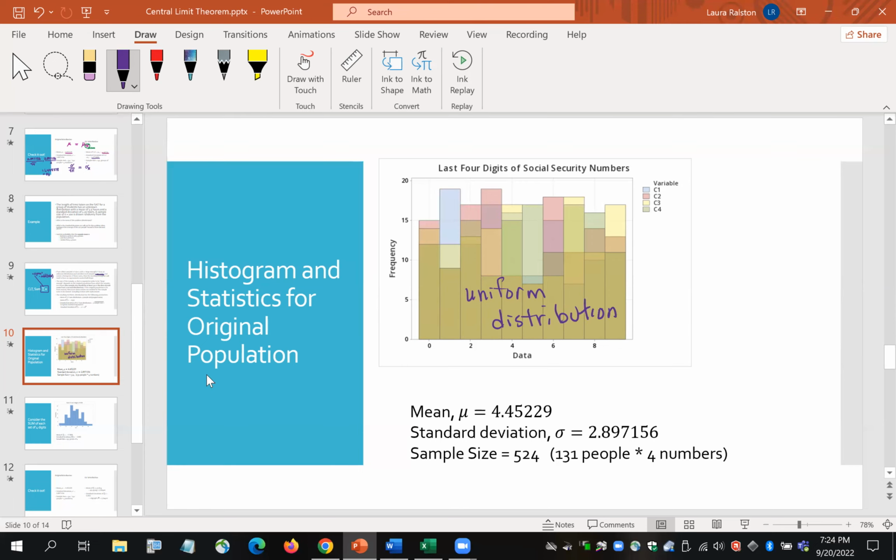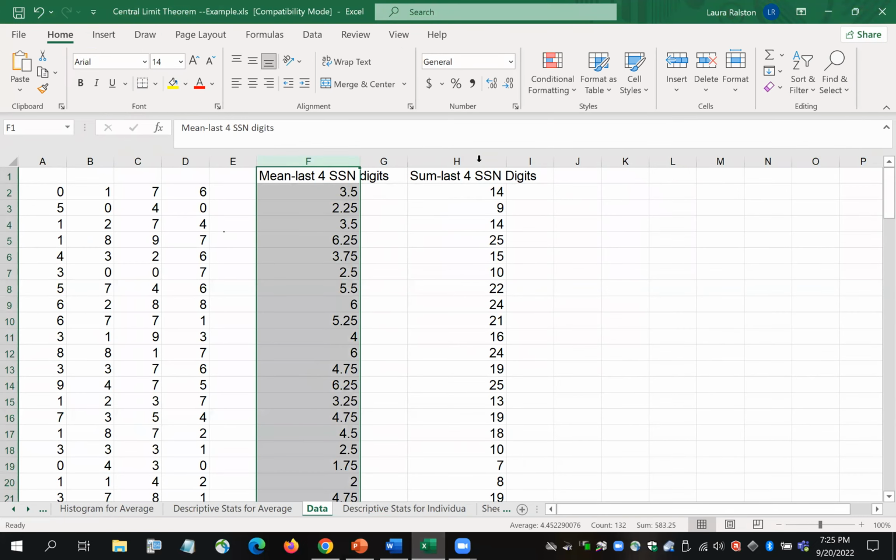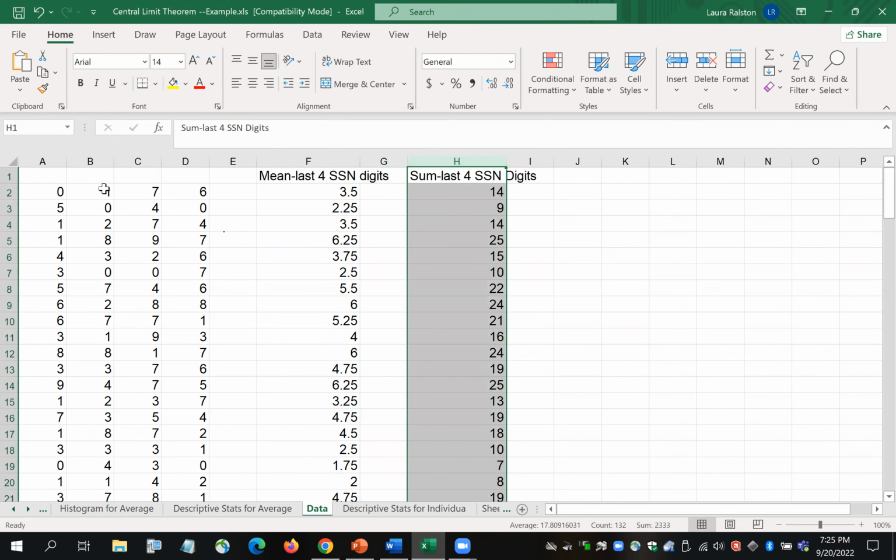And that the mean was 4.45229 and the standard deviation was 2.897156. We had a sample size of 524. What the central limit theorem for the sum says is you're going to take those 4 digits and you're going to add them together. So if I do 0 plus 1 plus 7 plus 6, I get a total of